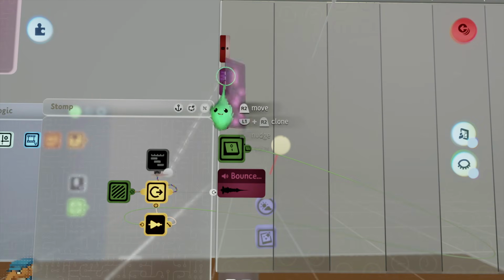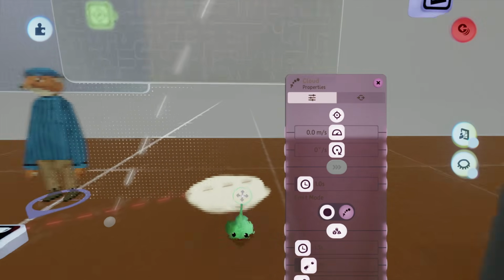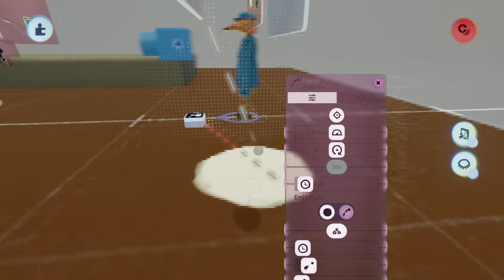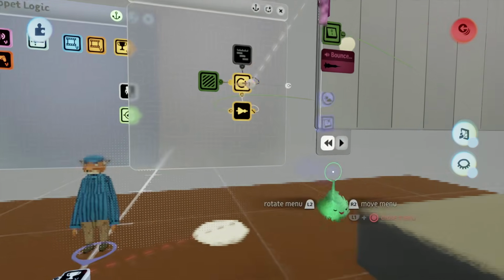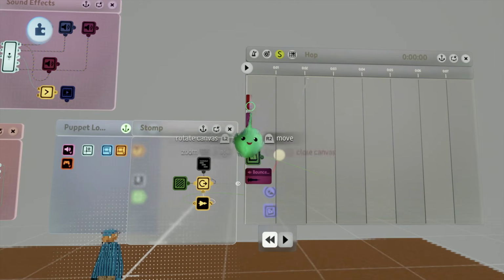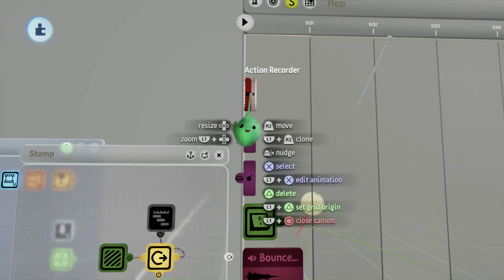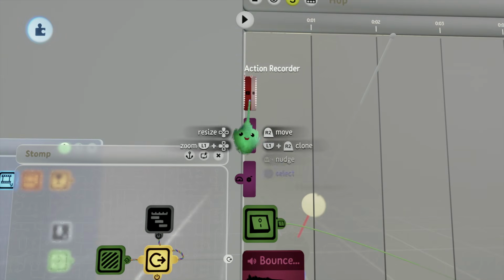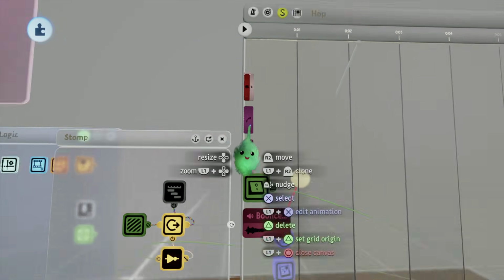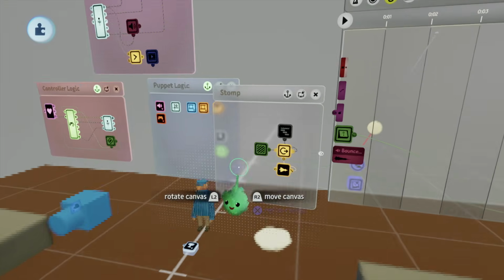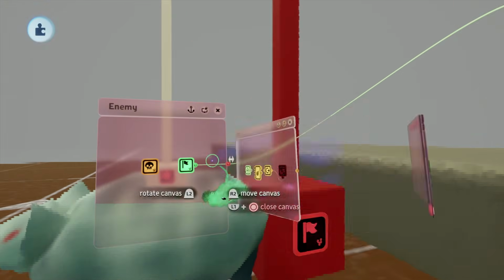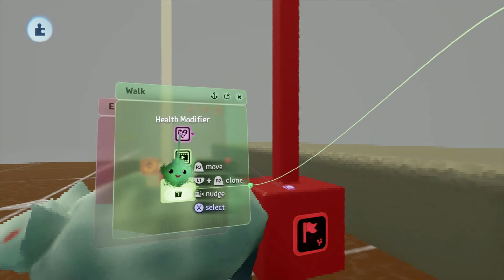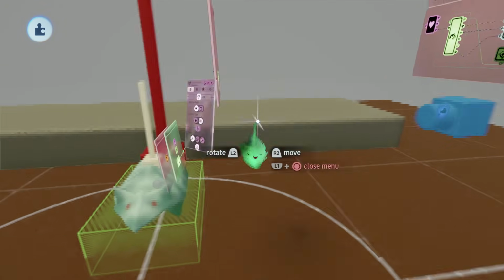Next, I've got a little emitter, and all it does is emit this dust cloud, which is paint flecks, right below the player, so that when he stomps on something, it'll create a dust cloud, kind of add a little bit more punch to your process. And just in case he lands on the enemy in such a way that he gets, you know, touched by the hurt box from this health modifier,